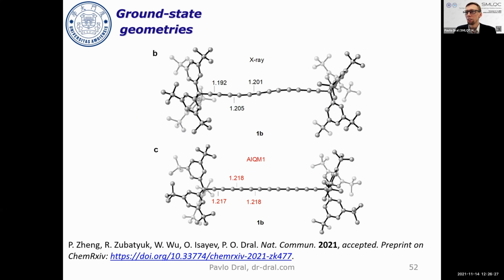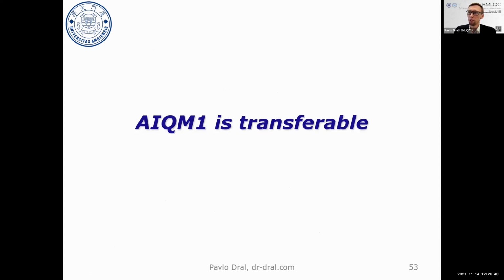Like this is an interesting molecule. It has triple bonds here. And triple bonds are underestimated by traditional X-ray, while we get the corrected bond length. Well, you can read it later in the paper, and here is one of the final points, that AIQM1 is